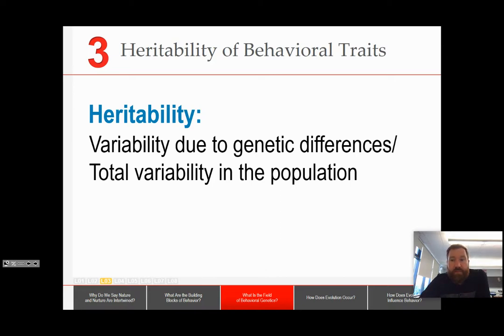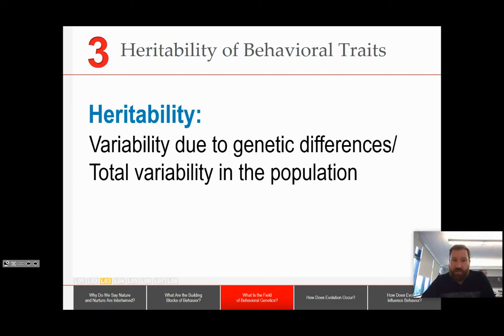Heritability estimates are often made by comparing the extent of phenotype similarities in identical twins raised together versus those adopted and raised apart. Okay, so twin studies are at the heart of heritability and at the heart of behavioral genetics. Because if you have identical twins, which remember, are genetically similar, they're essentially clones of each other, and identical twins raised apart have very different environments, then any similarities that they have in traits or behaviors is probably because of genetics, right? So that's how that works.